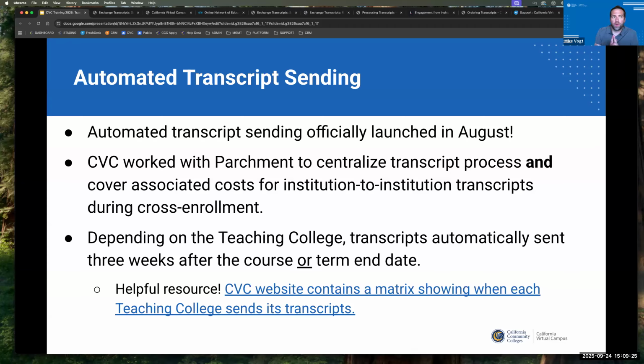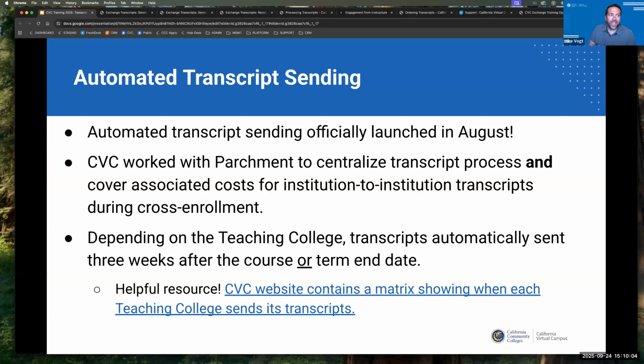The other thing that it helps with is the integration with ZAP or eTranscript California, because prior to this, every college had to integrate as a sending college with ZAP. That was the only way to do it, really, unless you were sending out paper transcripts. And that was a major pain point for colleges as well. Or what a number of them started to do was to just send through Parchment, because that was how they were integrated with ZAP, and that incurred these processing fees. So this automation removes that processing fee